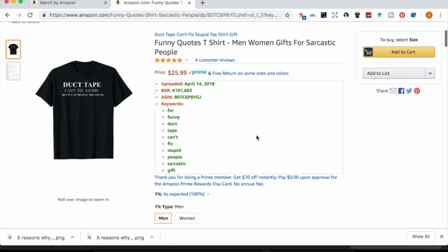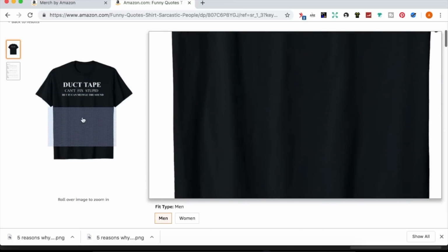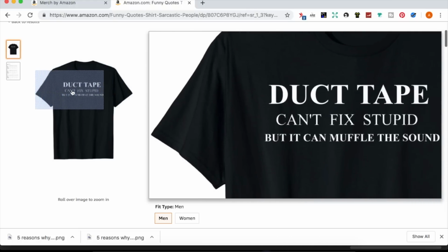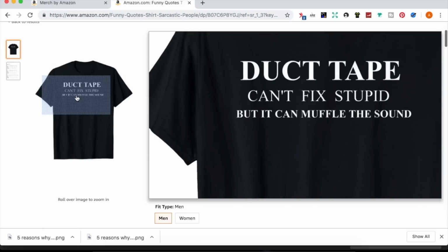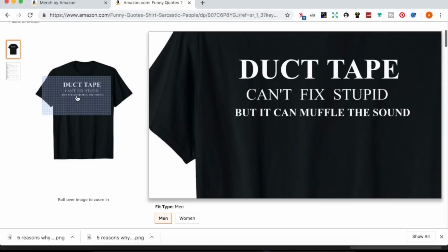But the main point here is that for your shirts, if you're coming into a saturated niche and you want to stand out, you have to stand out. One simple thing to stand out is to make sure that your shirt fills up the entire design area. So I would have put "duct tape" and then "can't fix stupid" all the way to the D and E. And then the line below, I